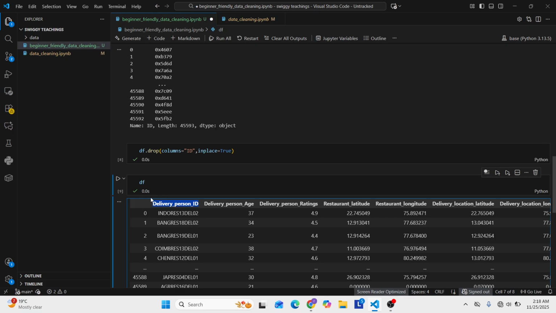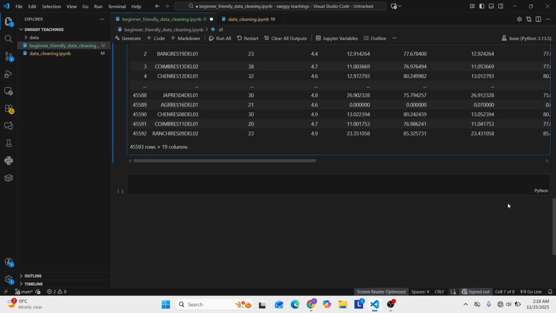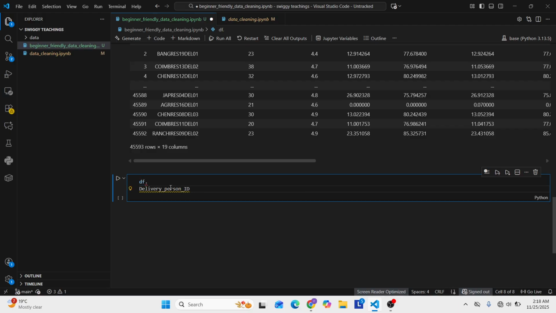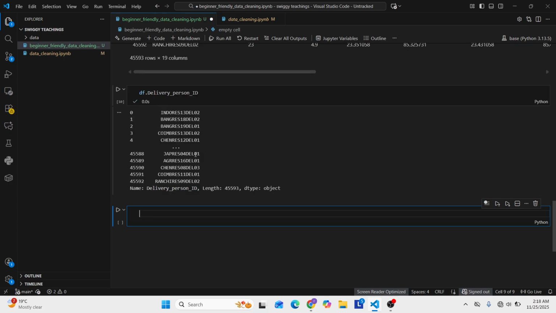I will try to analyze this column, what values it consists of. So for this, I will write code df dot, and I got to know that this is a kind of feature engineering. The data type is object, and here you can see it is a kind of alphabet, so we don't need to convert the data type for this column as well. And here you can see there is an indoor,